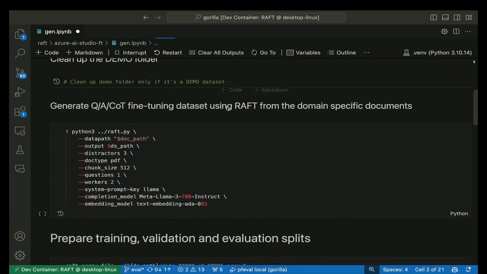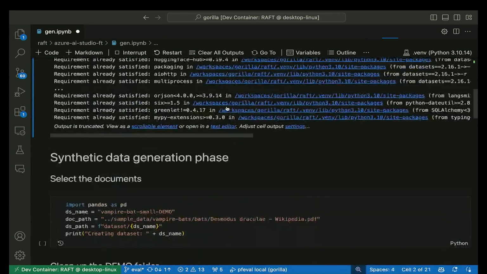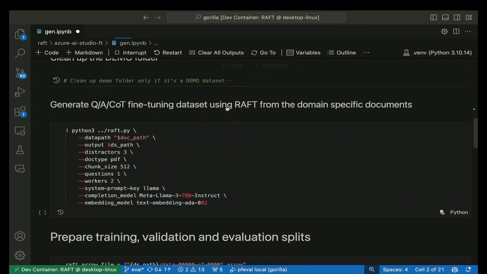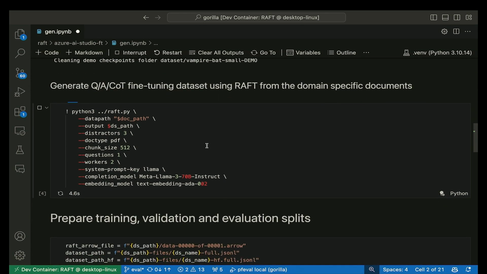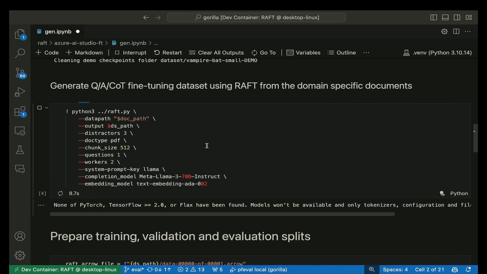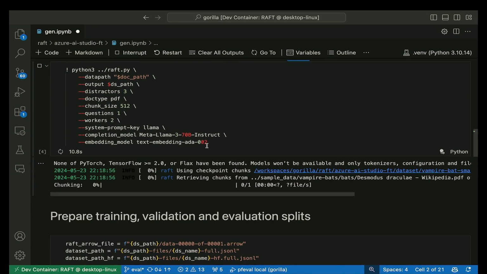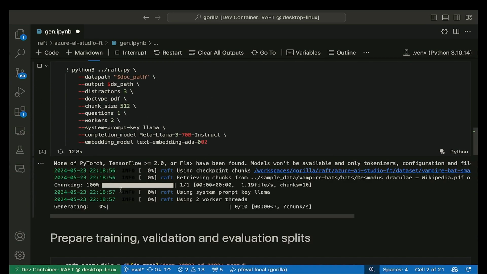And I'm going to switch to the most interesting one, which is the call of the raft.py script, which is going to be generating the data set. As it starts running, you're going to see a progress bar. It's going to take roughly a minute.